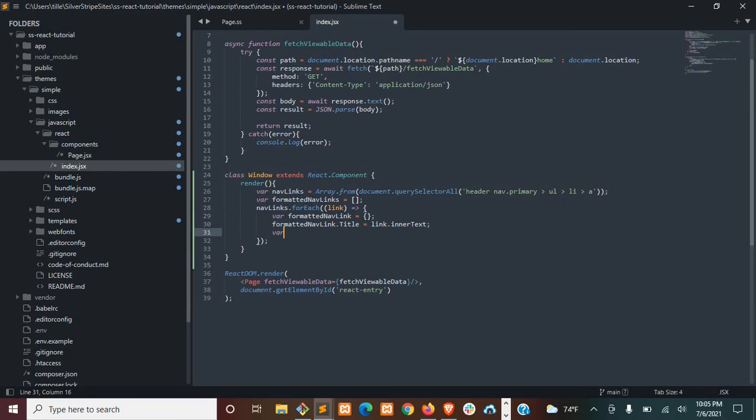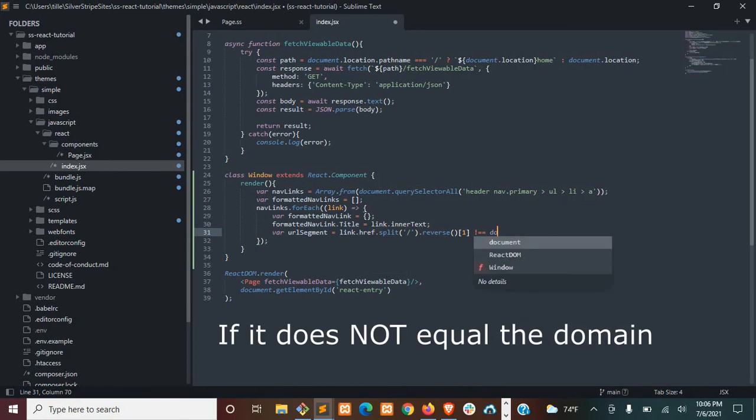So we'll say var URL segment equals link.href.split, and we'll split by slashes, and we will say reverse. And then the first item after we reverse would be an empty string. So we want the actual domain, so that would be the second index, and since it's 0 based, that would be 1. Now we want to see if this equals the document domain,